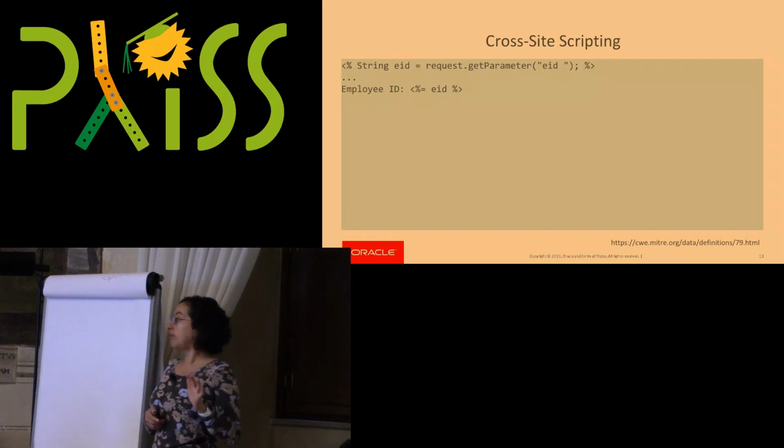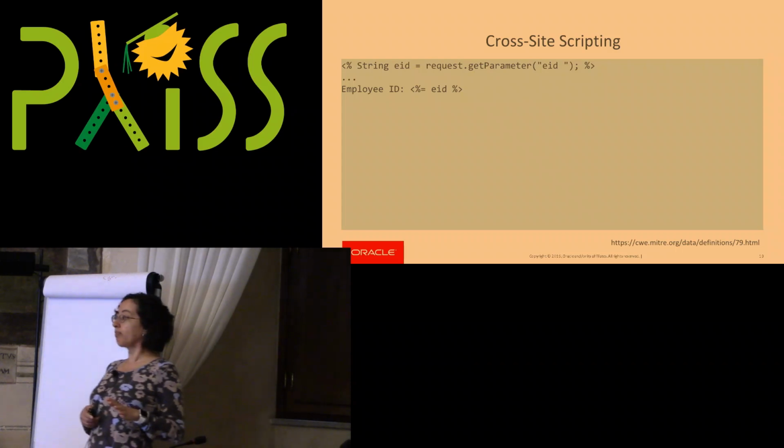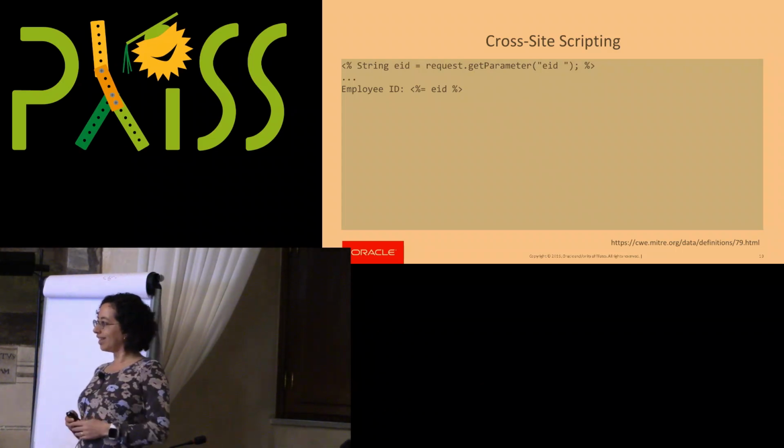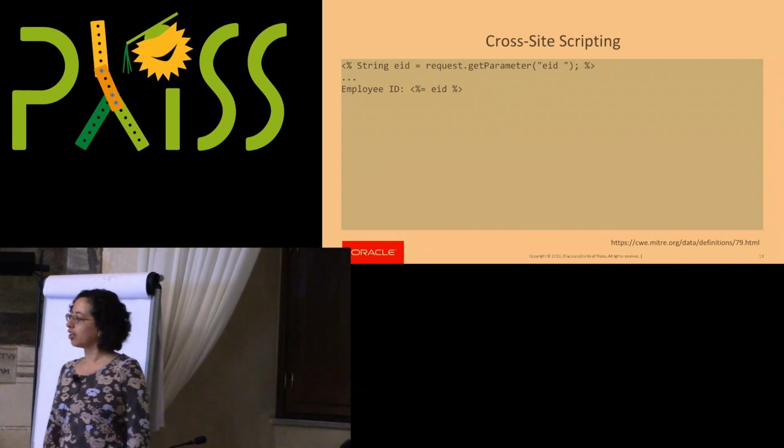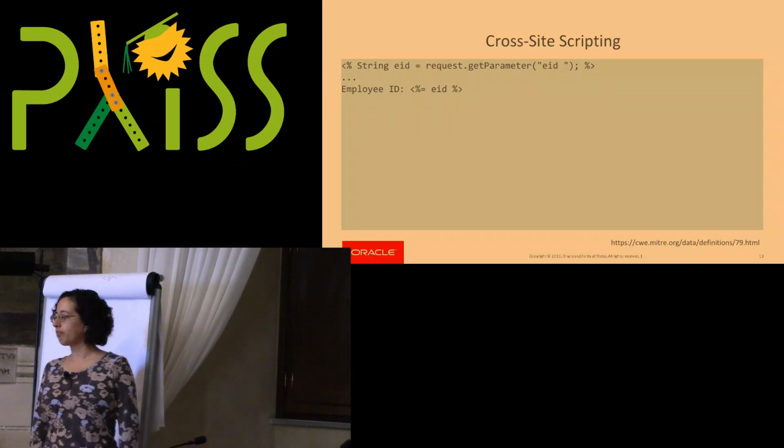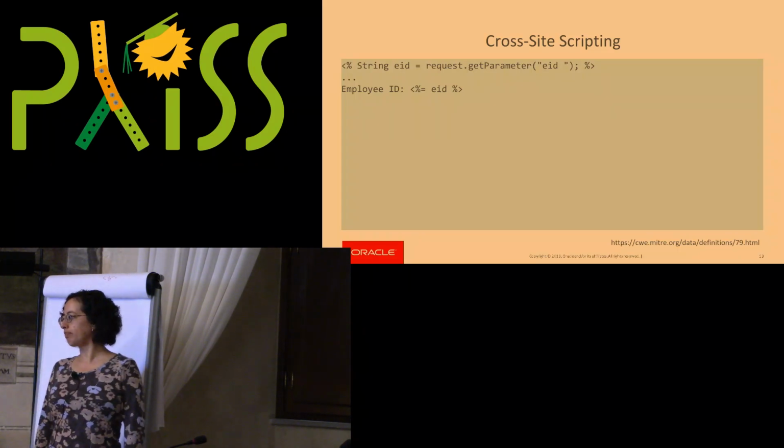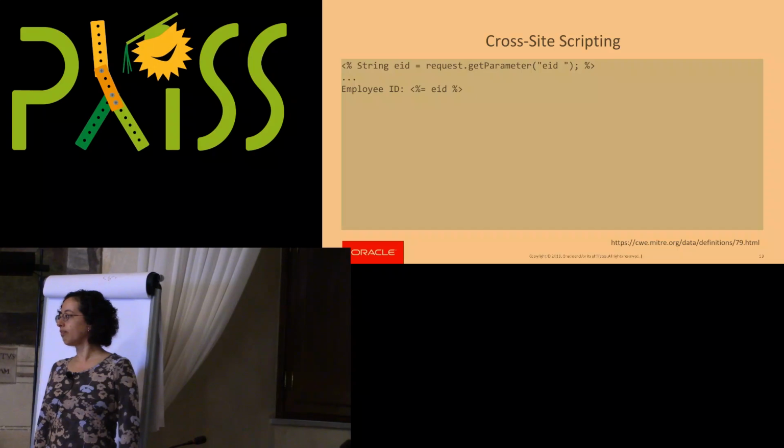And is anyone familiar with cross-site scripting types of attacks? Go ahead. Yeah, so it depends on where the parameter comes from, but I suspect that I could send a URL to someone with this EID parameter set to angle brackets, script, blah, blah, blah, just to read the session or read a cookie or something. Correct, yeah.